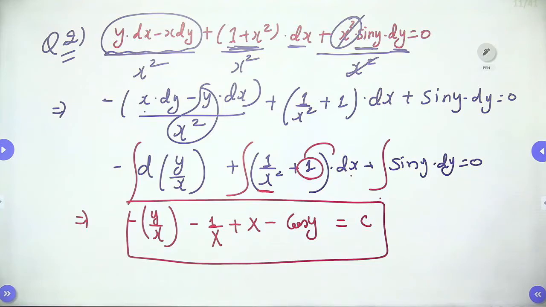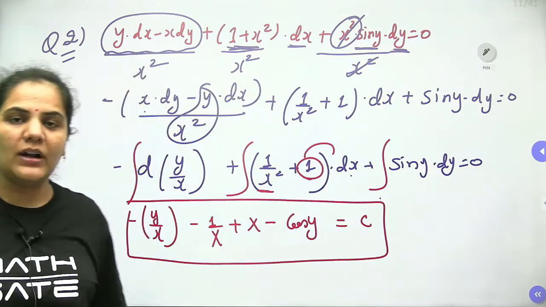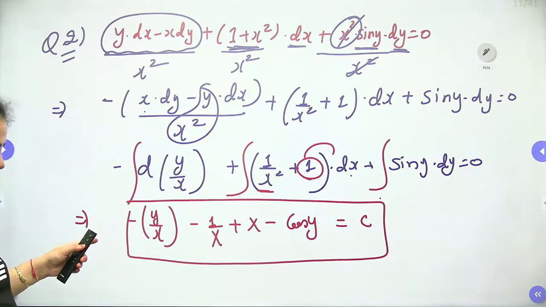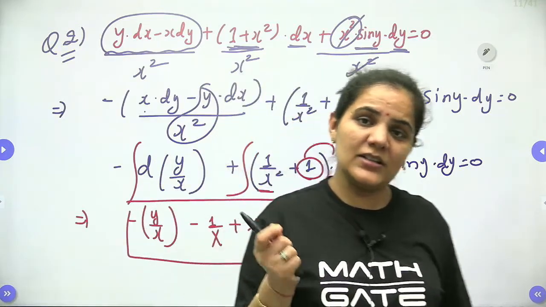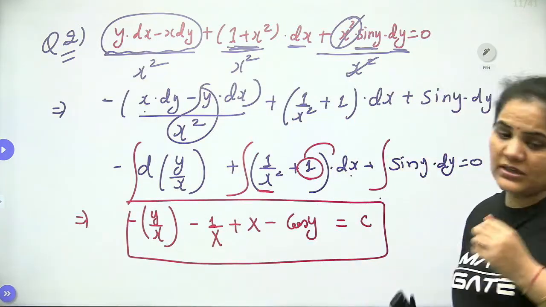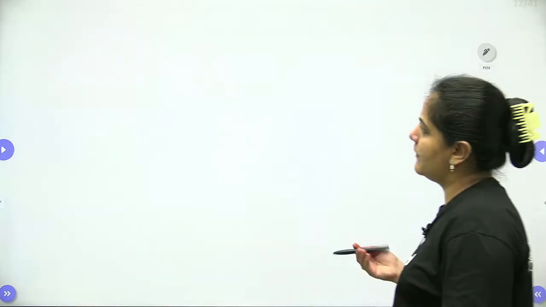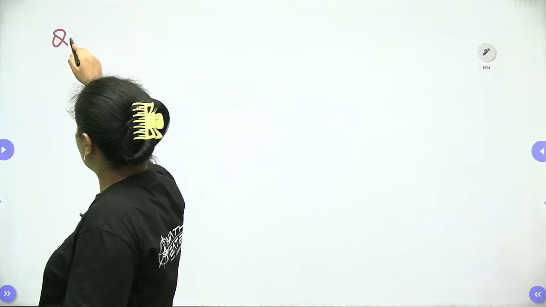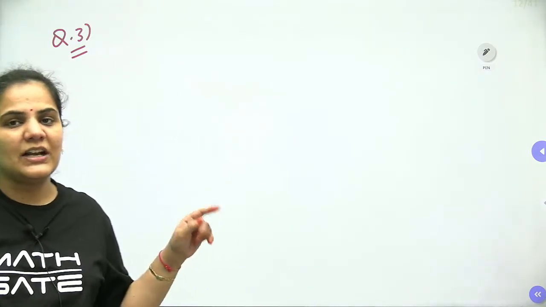Okay, done, guys. So this will be my final answer. I think you are getting my point, how easily we can approach things. It's very simple to approach these types of questions. Inspection methods make your question very easy. Now let's come to one more example, so that it will increase your confidence that it's not necessary that all these 10 forms are compulsory.